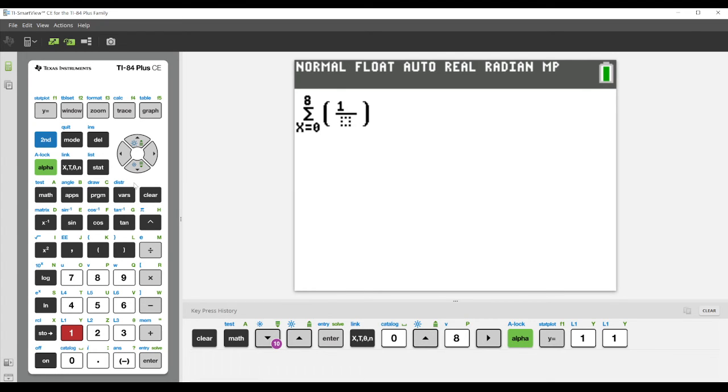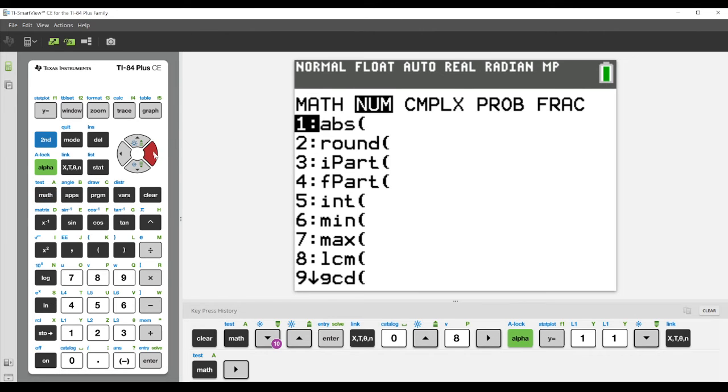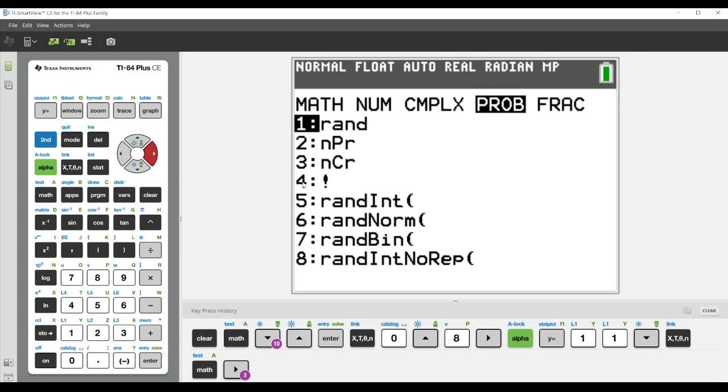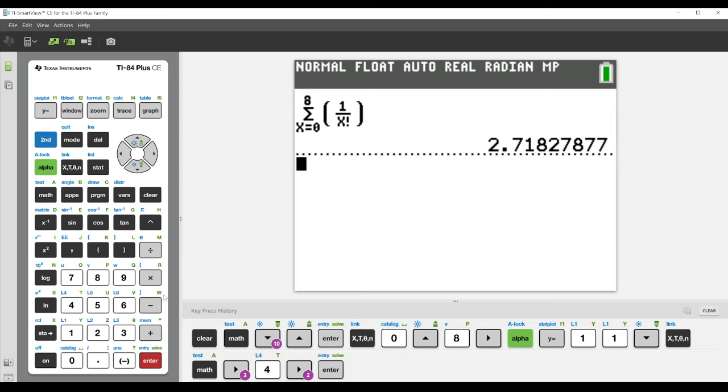And it's 1 over x, and now we need the factorial. The factorial, we're going to go ahead and hit the math button again. And now this is a probability concept, so we're going to go over to probability. And down there at option 4, we see the factorial. Okay, so our summation from x equals 0 to 8 of 1 over x factorial, we hit enter, and we get